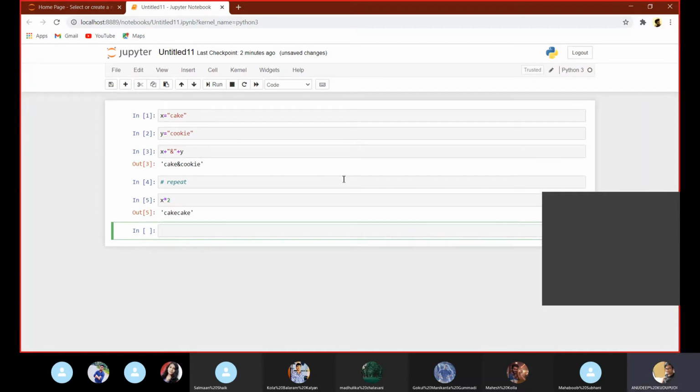This is how we can repeat a string n number of times, and you can also slice strings, which means that you can select parts of strings. Let me show you that too.